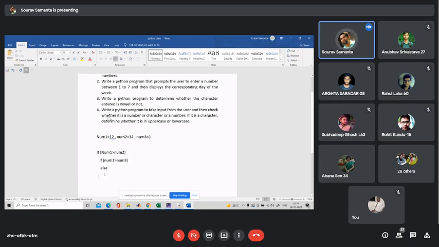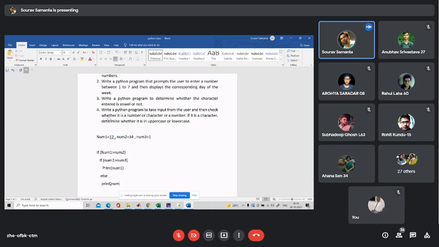What will be the decision? I am writing here print: number 1 is the largest one. And here number 3 will be the largest one.